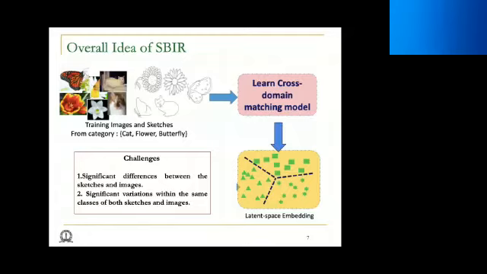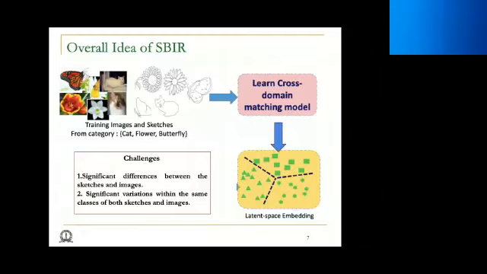Why is it so difficult? It is difficult because the representations of images and sketches are very, very different, right? So even when we just have images, it becomes a challenging problem because there is so much variability within each class, right? Now we are talking about two different domains. One is a sketch and the other is an image. Even within these modalities or domains, there are lots of variabilities. And now you are trying to match them. So it becomes a very, very difficult problem.